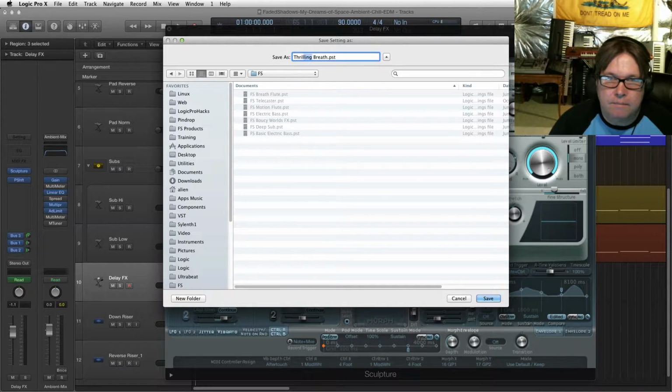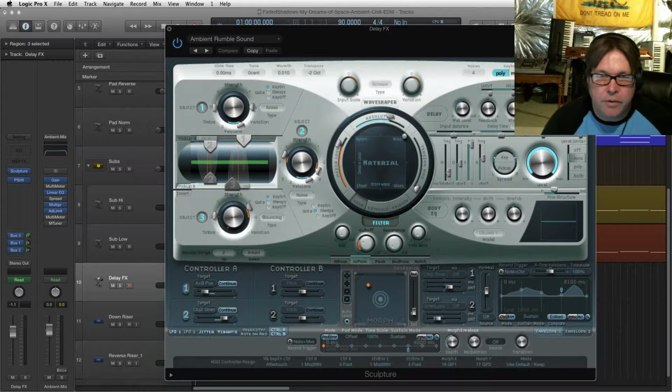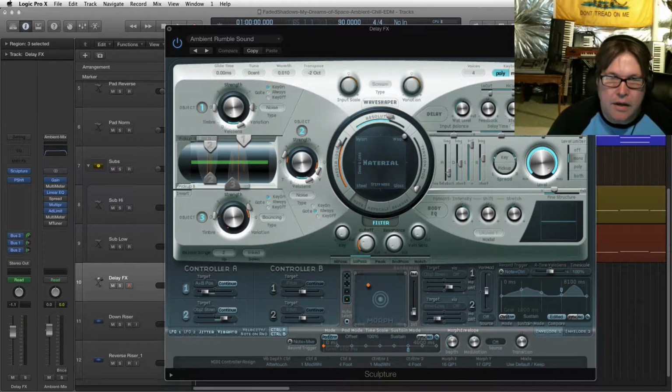Could say low rumble. Ambient, let's say ambient drone rumble, or ambient rumble, ambient drone, ambient rumble. I like rumble because this is what it's more like. Sound. Something like that. There we go. And if we play it,